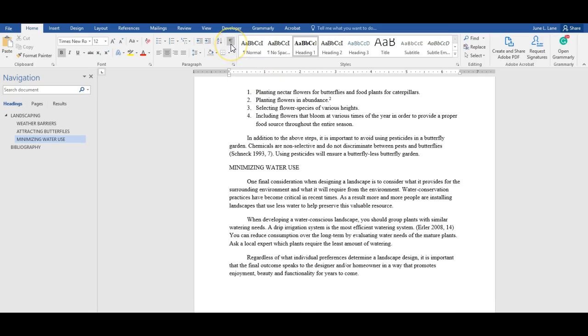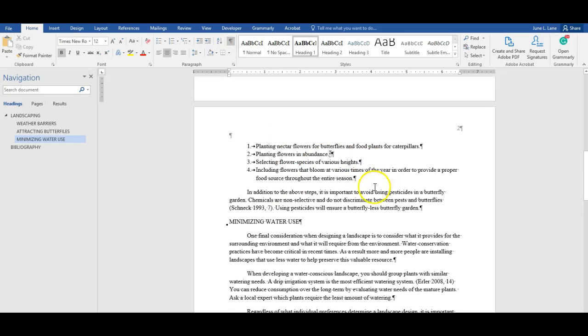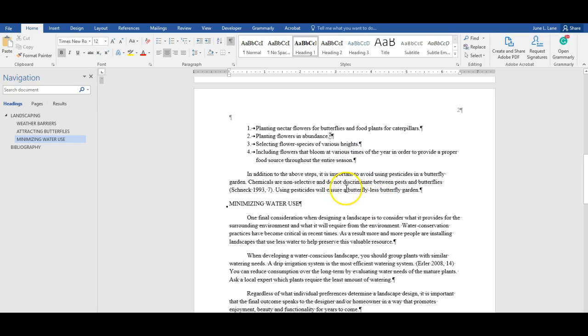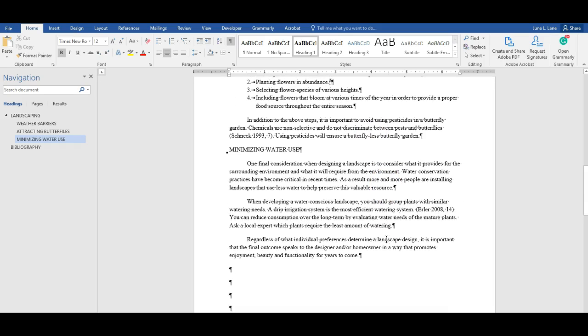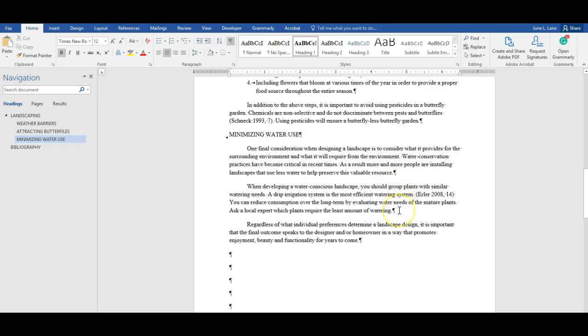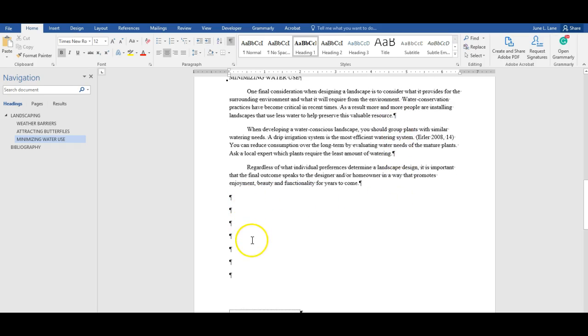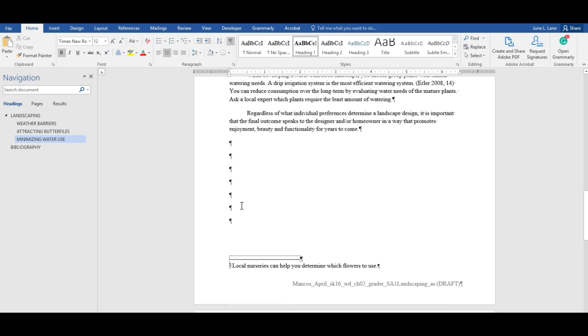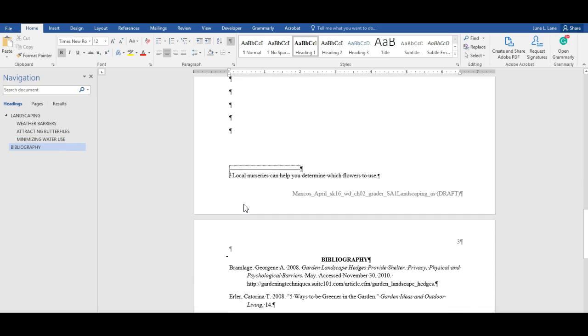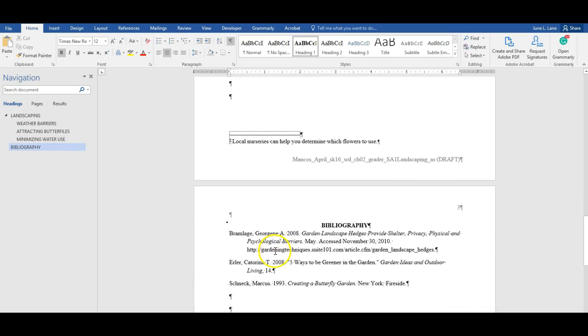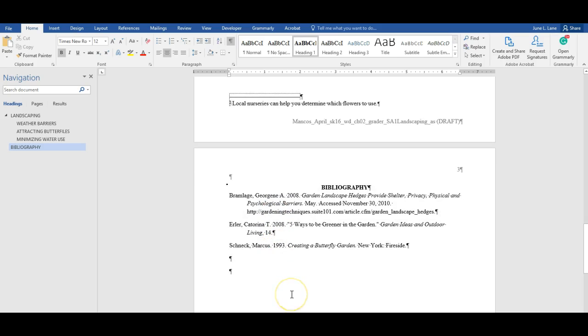So I'm going to put in the show hide button, and this shows me every time you hit the enter key, we see that little paragraph symbol, and the little dots in between words indicate a space. So when I see this, it tells me that you hit the enter key and you kept hitting the enter key until you got to the top of the next page,